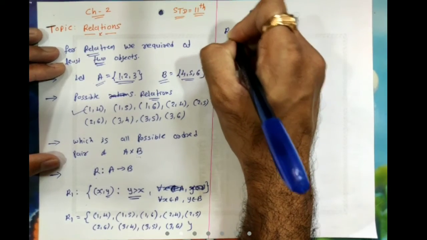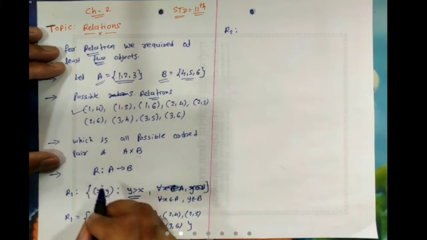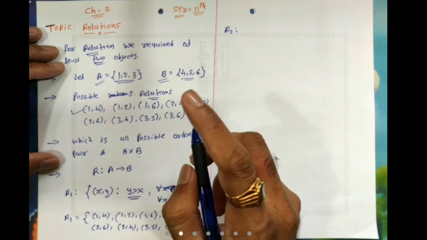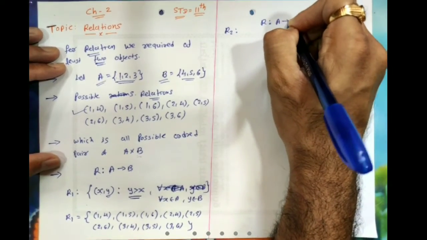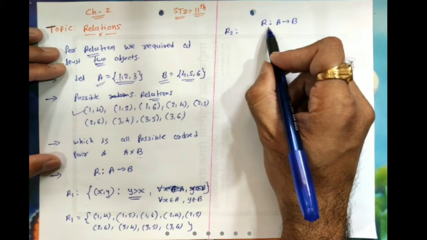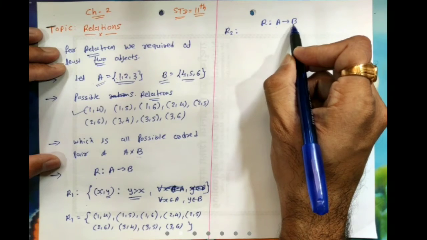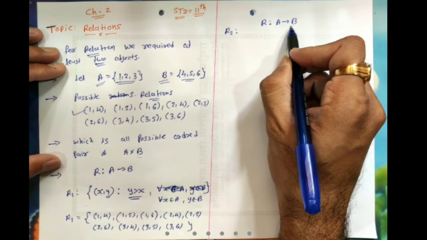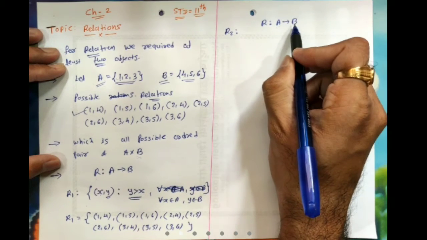देखो, for example, I am taking another relation. I am describing one more relation between set A and set B. Two things are there in a relation. First, you have to describe the relation between whom. So here we are defining a relation between two sets A and B. How can it be read? Relation R from elements of set A to elements of set B. So this is the relationship between elements of set A and set B.